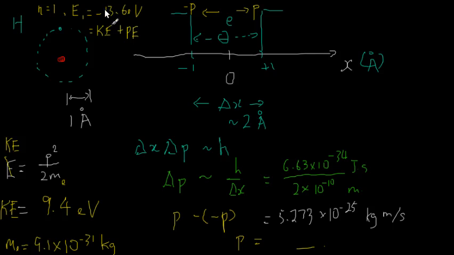So the 9.4 eV obtained from the uncertainty principle is quite close, or maybe not very close, but similar in magnitude to the value that we would obtain with a more accurate